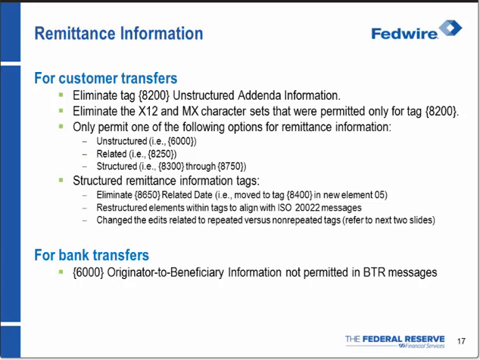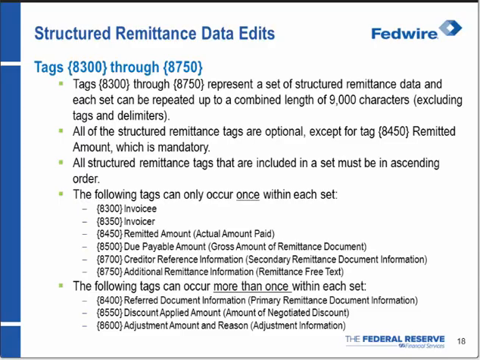So if you turn to the next slide, slide 18. Here I'm going to go through how the edits work for the structured remittance. Within this series of tags, the 8300 through 8750, it's structured tags where you can put remittance information,